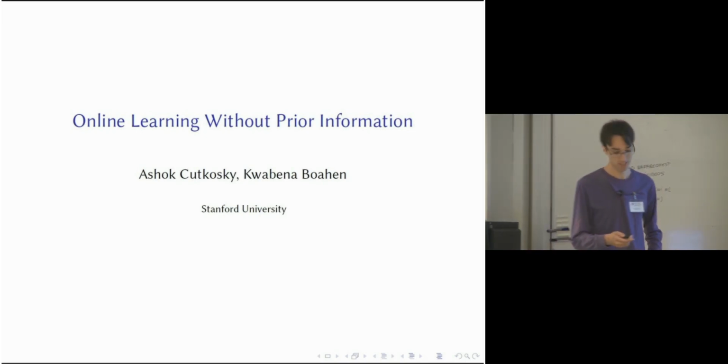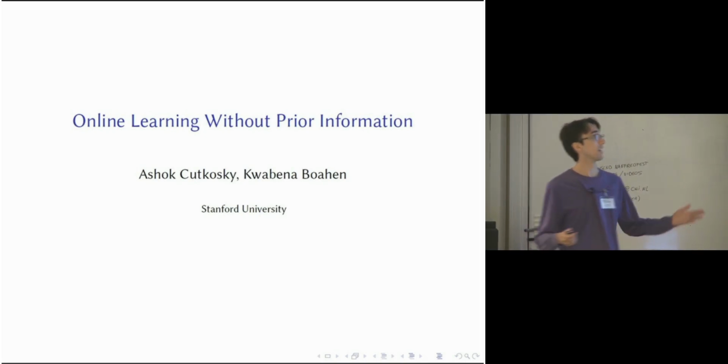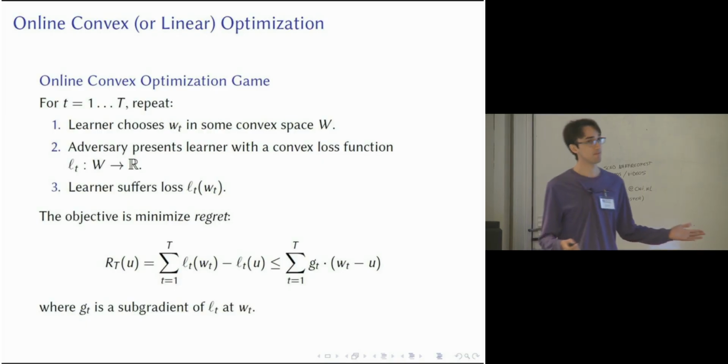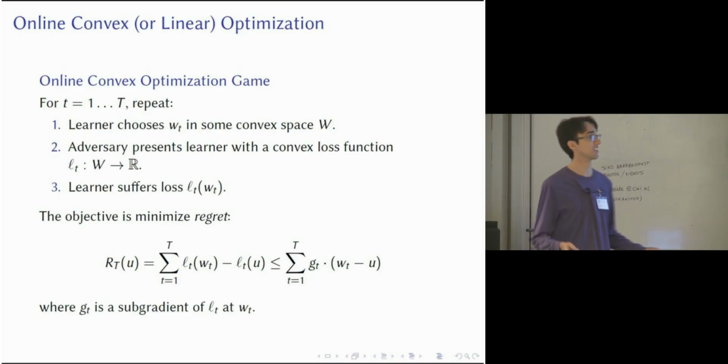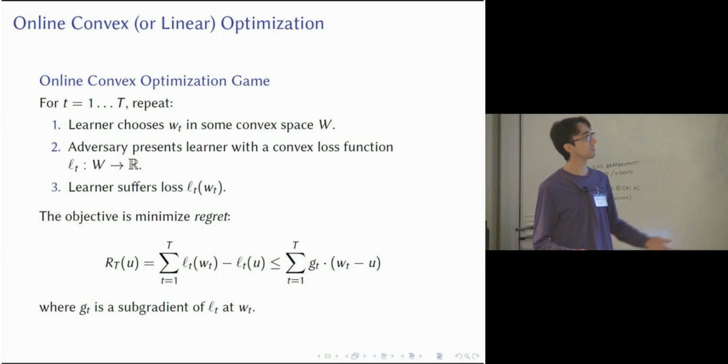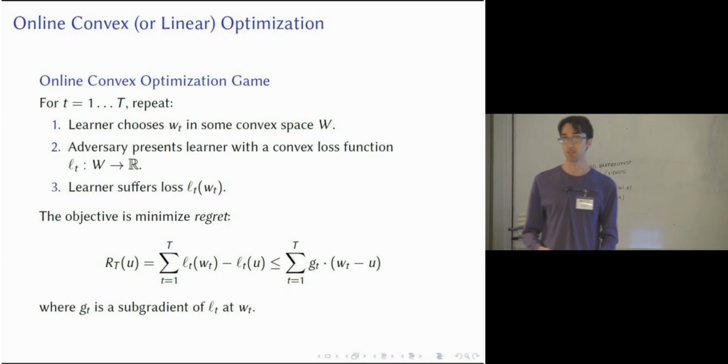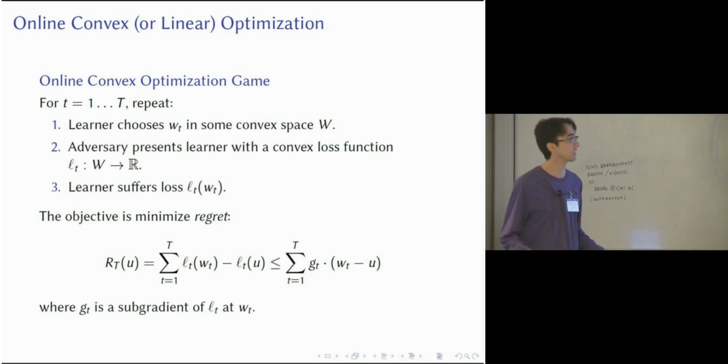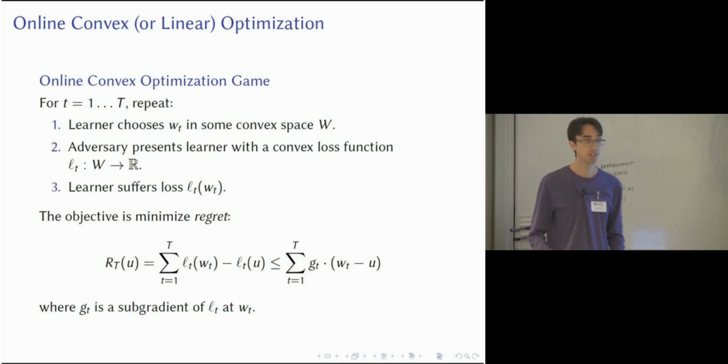So let's get started. We're going to play the online convex optimization game for, I guess, basically all of this session. So let's define what that is. We're going to play this game in several rounds. In each round, a learning algorithm is going to pick some vector w_t in a convex set W. And then some evil adversary is going to come up with a convex loss function, l_t,